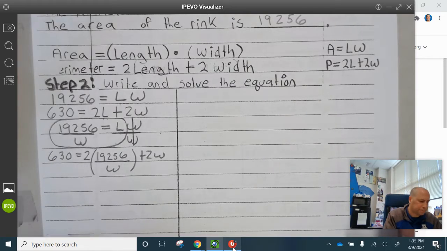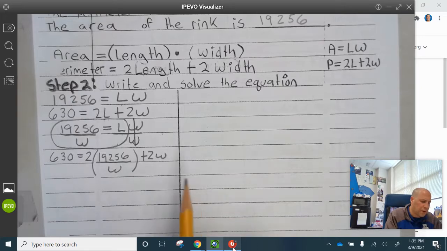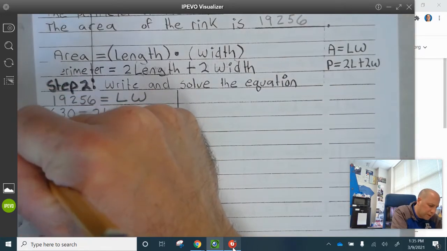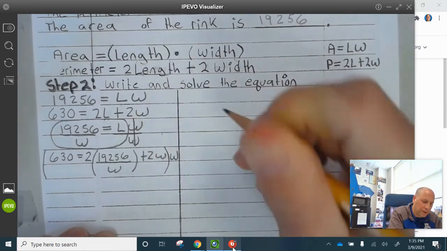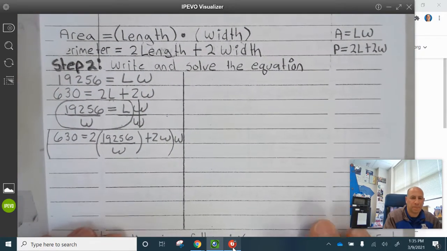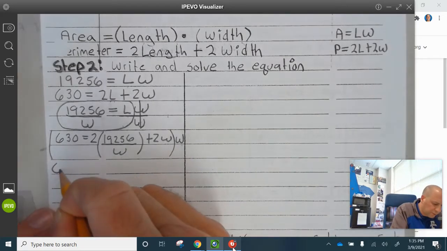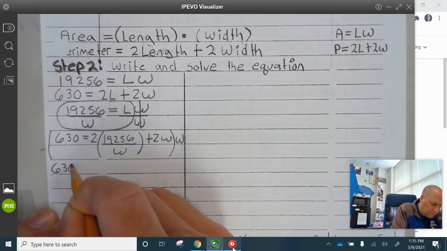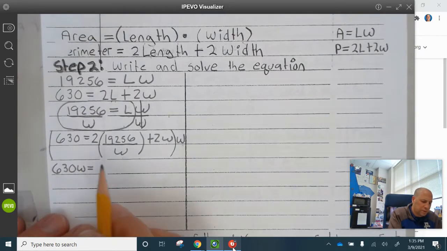Okay. Now, we're going to solve this for W. And what we need to do is multiply everything by W so that we can get rid of the denominator. So we're going to multiply everything by W. So W times 630 is 630W equals 2W